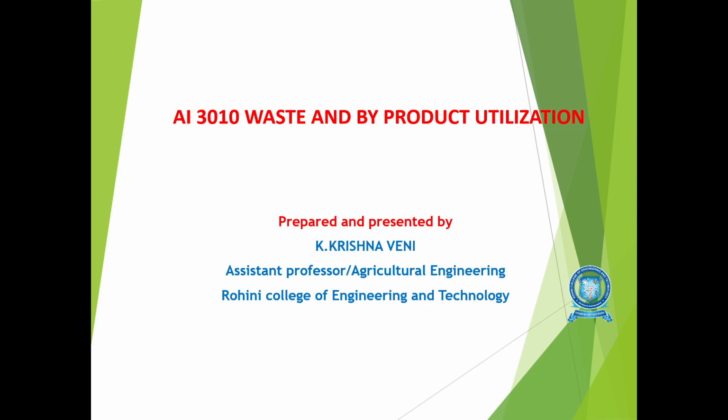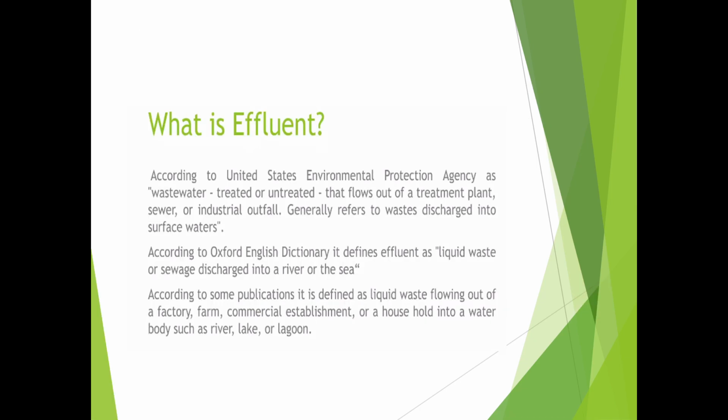Dear students, today we are going to discuss certain topics in Unit 1 of Waste and Byproduct Utilization. This is for Unit 1, okay. So we are going to see what is effluent and what are some efforts we are going to make. As per the United States Environmental Protection Agency, effluent is wastewater, treated or untreated, that flows out of a treatment plant. It can be industrial or anything else, and generally refers to the wastes discharged to the surface